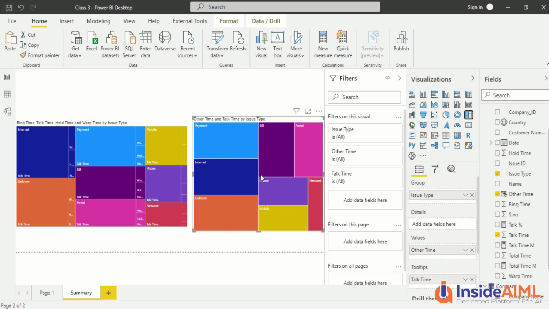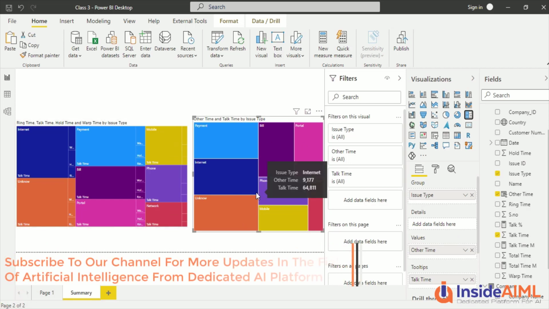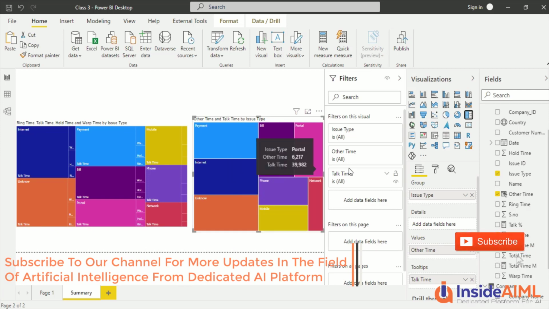If you create it with one, there is no internal distribution. A tree map is nothing but, if you ask me, a horizontal pie. So basically you are seeing the distribution here, and the moment I add more than one measure, I can add the details just like I added there, or I can add multiple measures, and you should be able to see. So this is basically one pie, this is another pie, this is a third pie, or this is one overall pie. So the tree map is nothing but an extension of the pie. It's basically a horizontal pie, or square pie, or rectangular pie.